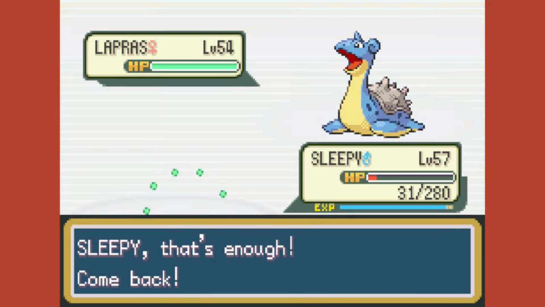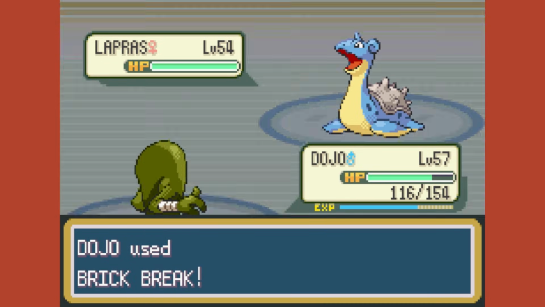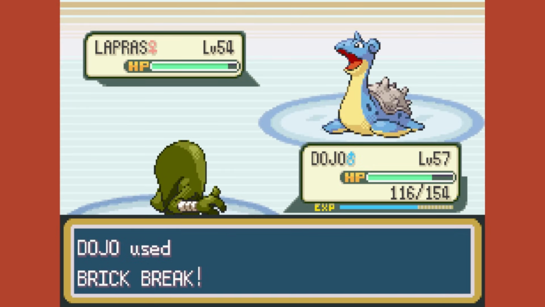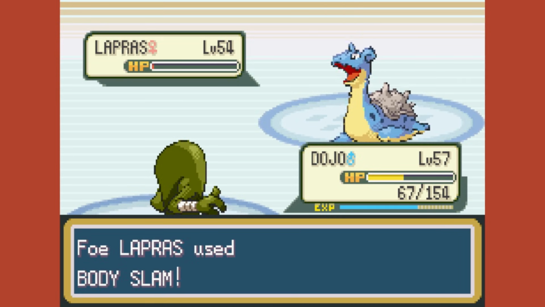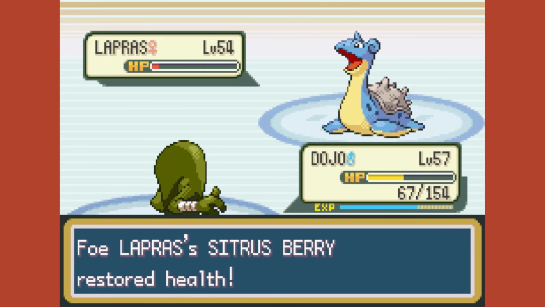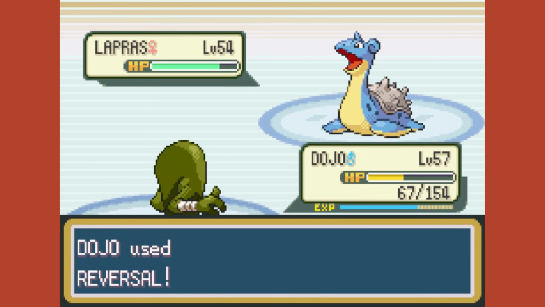As we switch into Dojo and take a Surf on the switch, and annoyingly Dojo actually just misses the one-shot on Lapras. We take a Body Slam. I was praying to not get paralyzed. Thankfully we didn't. And after Lapras's Citrus Berry healing, it's still in healing range, so after it heals, I go for a Reversal and knock it down to half life. And then on the next turn I can go for another Brick Break, take down the Lapras, and we defeat Lorelei,